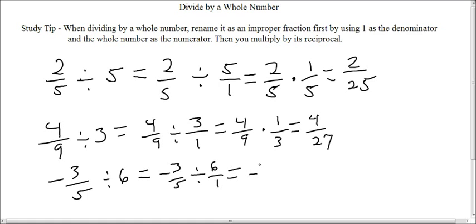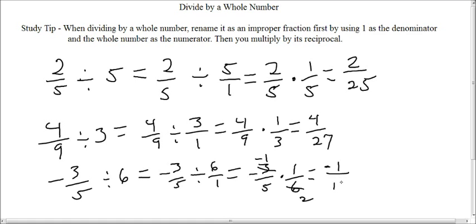So again, that'll be a -3/5, but that's going to be times 1/6, and this time we can simplify, so that's a -1, and that's 2. So we'll wind up with 1 times 1 is 1, but negative times a positive is negative, and